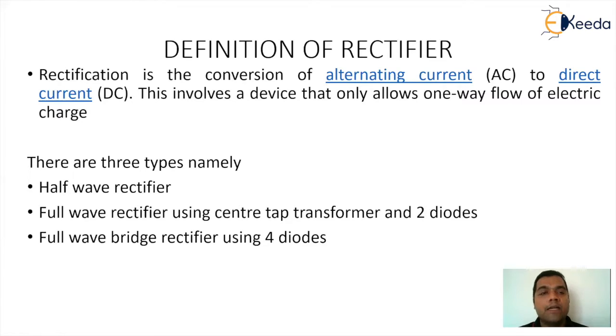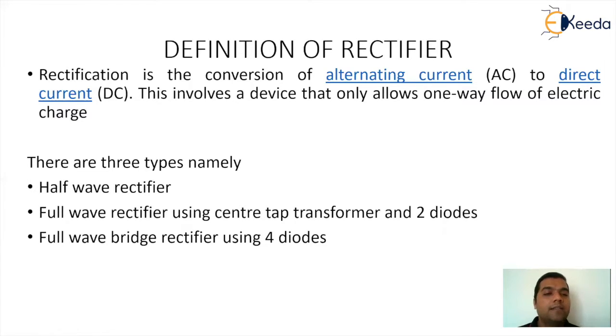When we talk about the DC power supply, we are having the input in the form of an AC signal and the output has to be DC. So in the initial stage, we are trying to convert the alternating current into a DC current. Obviously, the DC current is going to be a fluctuating DC current. It is not going to be a stable DC current. To achieve stability, we are having other circuits. So that's the main concept of rectification.